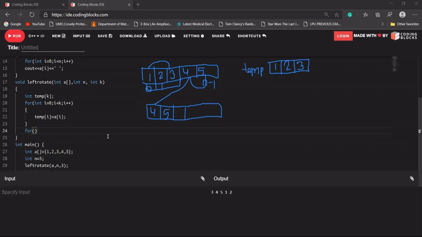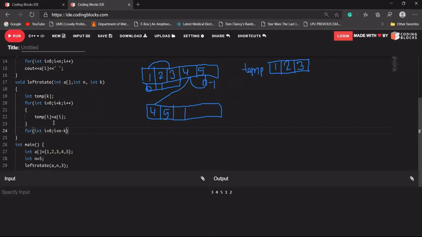So we are writing the code for this shift. Our loop will start from i is equal to 0 up to i is less than n minus k. Why n minus k?